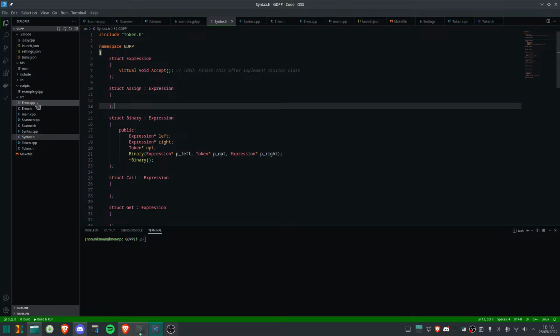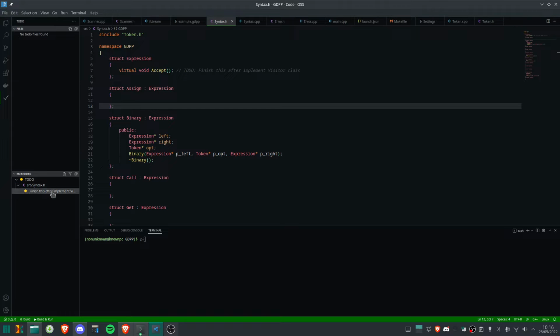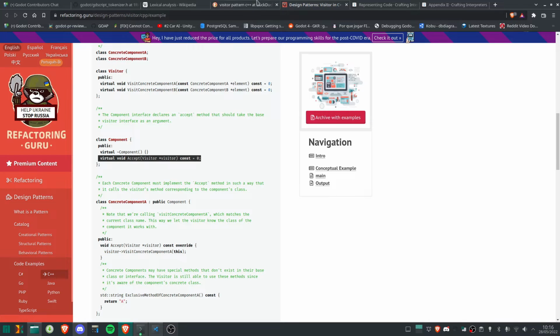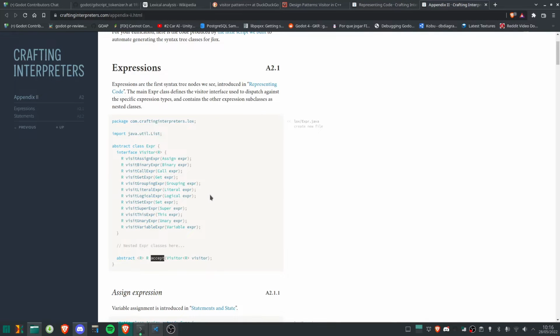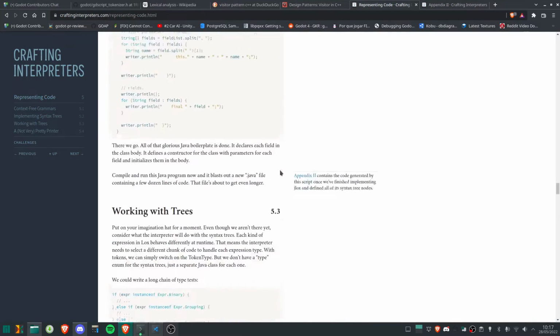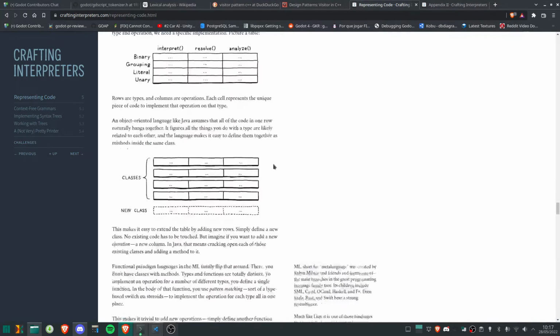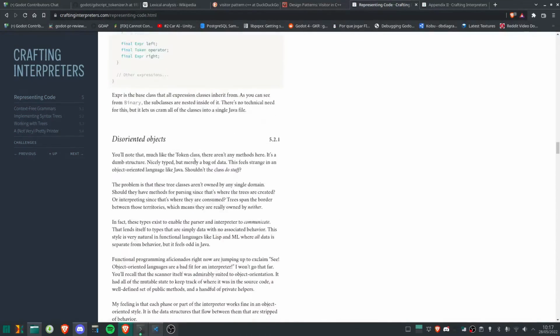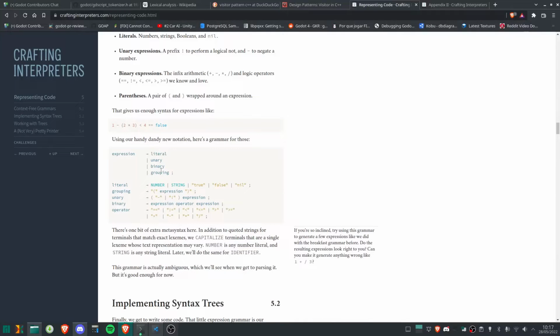Okay, have it here. Let's go back to the left here. So as you guys can see, all these extend from expression, and the literal accepts a string, a